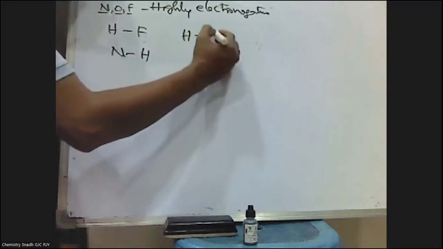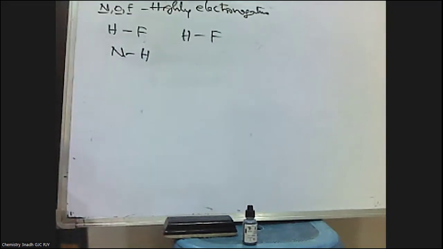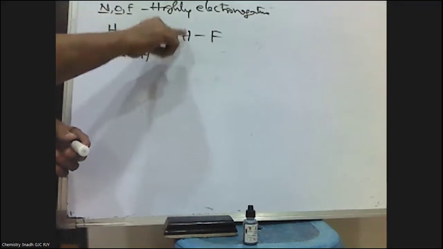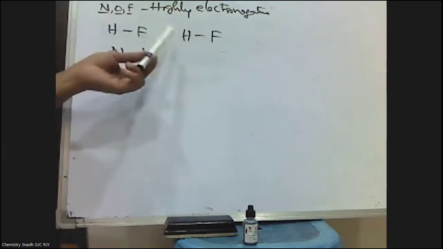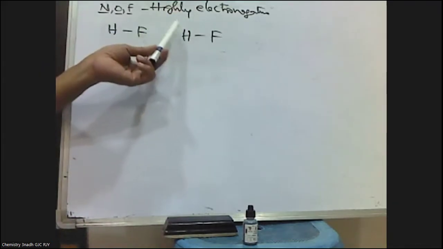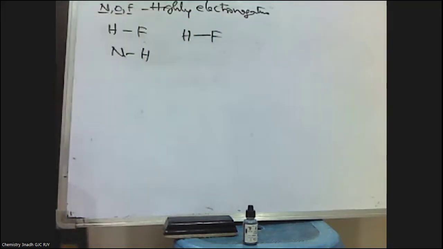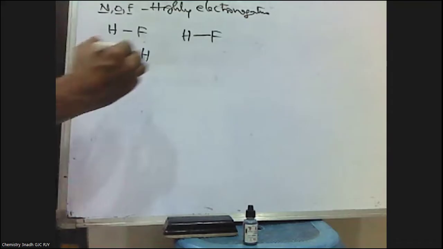In this way, when either nitrogen, oxygen, or fluorine are attached to hydrogen, when they form covalent bonds with hydrogen, the electrons of the covalent bond are shifted